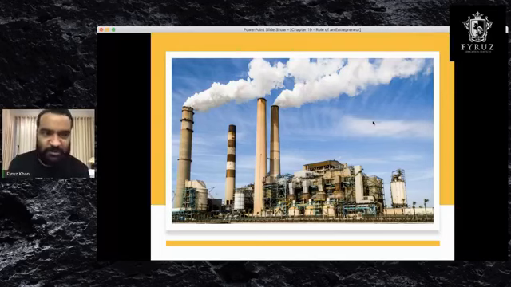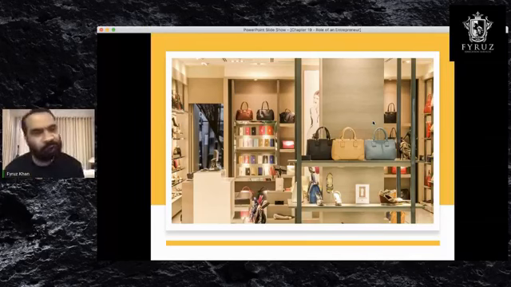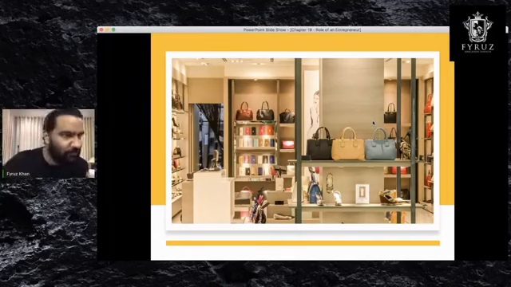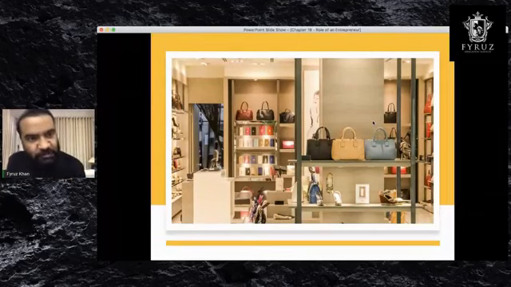And then the second picture that I have for you is this. What can you understand from this? This is, let's say, from a common man's point of view, a store, let's say a bag store, a retail store, probably. And it falls under the service sector, the tertiary sector. I hope you know these things because these are basic stuff, right? Now, the question is, why am I showing you these two pictures?